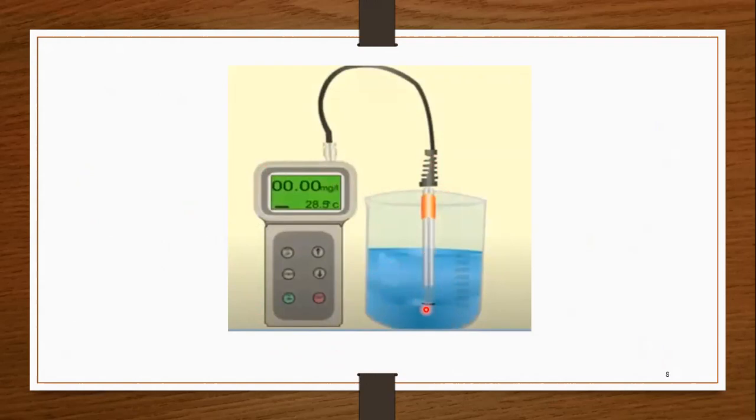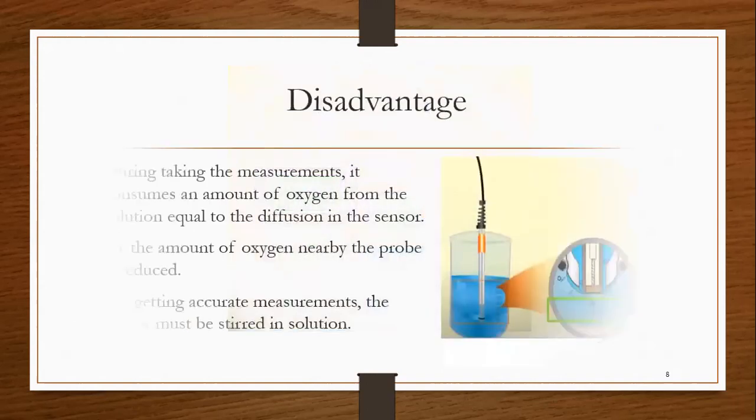these black lines show the Teflon membrane, and when the oxygen passes through this Teflon membrane, the oxygen is reduced into OH ions. In this way, these OH ions move upward and show the reading. This reading identifies the amount of oxygen present in a solution. If we observe a higher reading, it means that more oxygen is present in the solution.